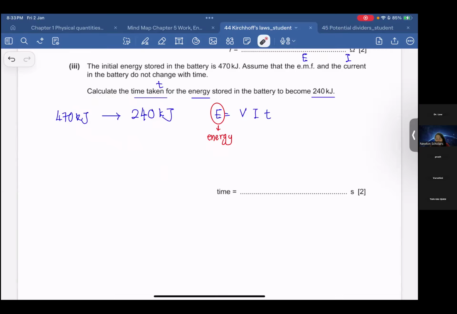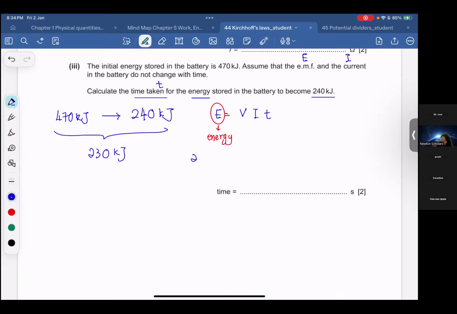Wesley, no. Prasan, no. How come? Vashini. 470 minus 240 is what we lost in between here. We need to lose 230 kilojoule of energy. So 230 times 10 power of 3 equals to,